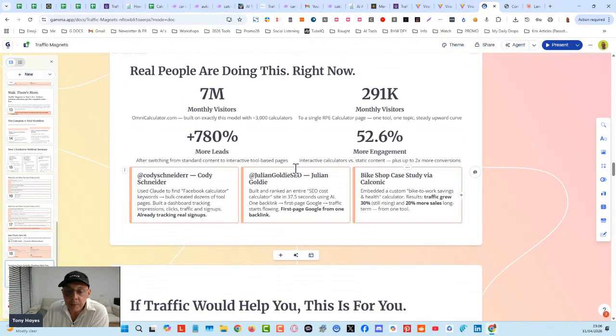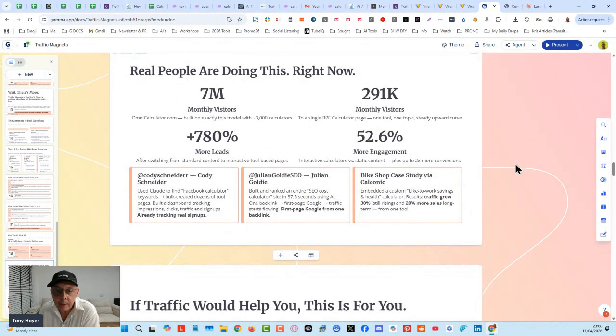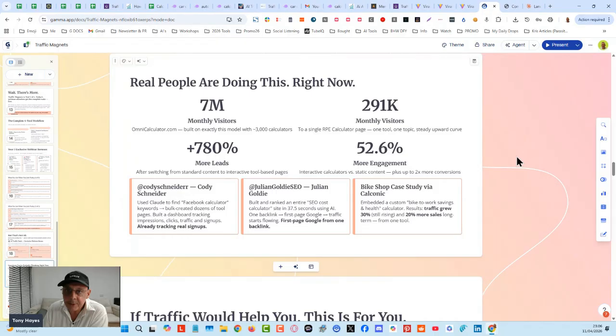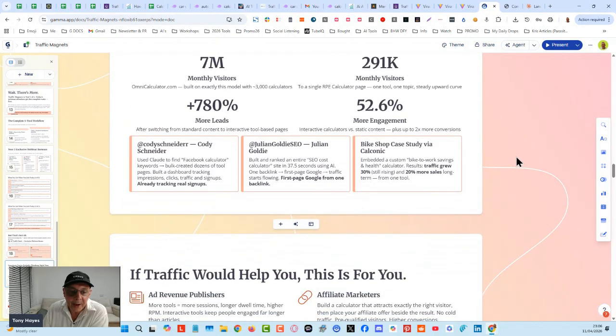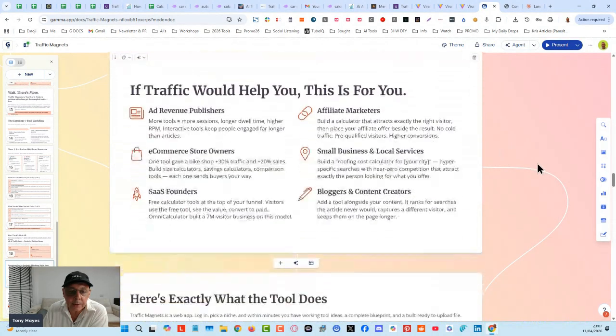And there's people talking about this. I mean, this is just some short examples that I could fit into a card here. But if you go into Twitter and if you go into LinkedIn, and even if you ask Grok AI to find you case studies where people are talking about websites with tools, it's got tons and tons of case studies. I picked out a couple that people would be familiar with. Corey, quite very well known in Twitter. Julian's well known in SEO circles.